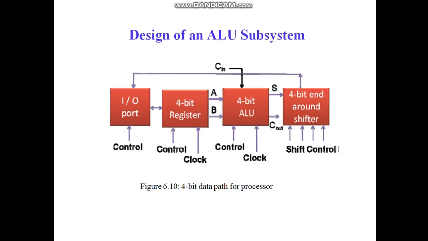This is an ALU subsystem. In the last class, we have looked into the design of a shifter. So this class we will look into the design of an ALU, and especially we will focus on the adder circuit. When we speak about adders, there are two types, the half adder and the full adder. Here we will be considering a full adder. For a full adder, there are three inputs, A, B, which are the actual inputs, and C, which is a carry generated from the previous stage, and it has two outputs, sum and carry.